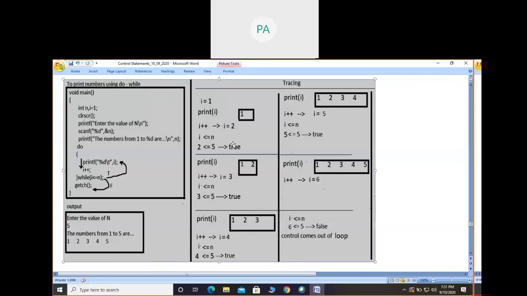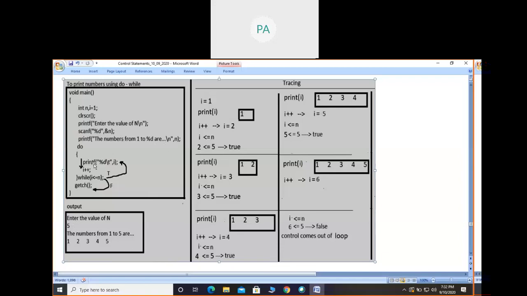See here again the same thing. What we are doing in the while loop: first, we have to tell the user a message, enter the value of n. Here I have taken the value 5 because to write the tracing it was easy for me, with only 5 values. If I had taken 10 or 20 or 100, the tracing would be big. So the value of n is 5 here. In the example we have fixed the value of n, but here the user has the option to give the value either 5 or 10, 15, 20 or 100. Next, the message prints the numbers from 1 to %d, where %d indicates the n value, so 1 to 5.